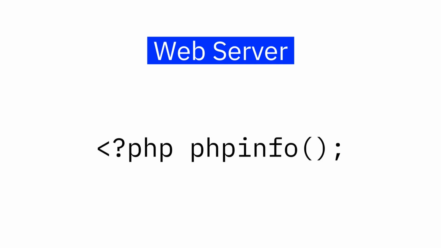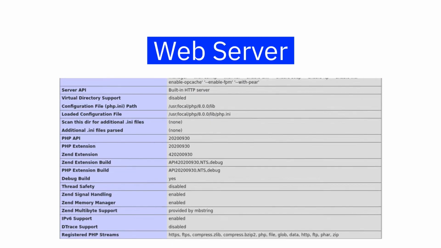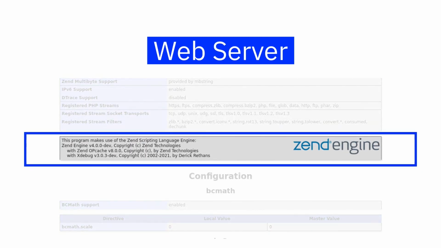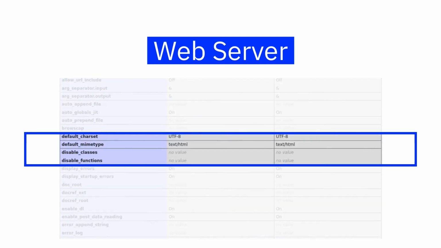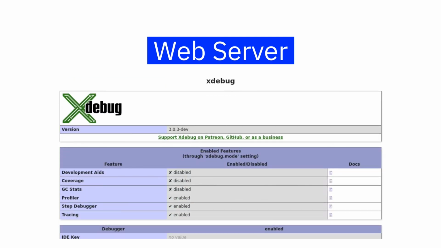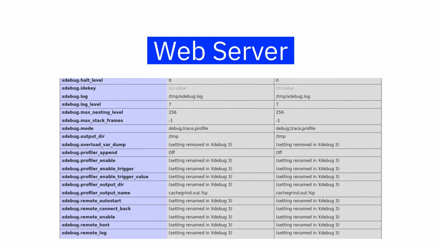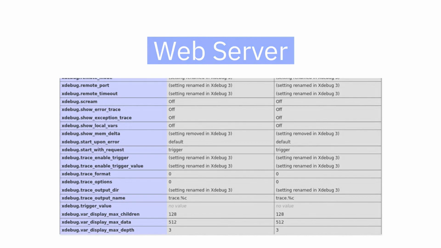To check whether Xdebug has been loaded with PHP in your web server, you can create a small script in your document root with the following contents. When requested through your browser, this will show information about PHP. The output includes information about loaded Zend extensions, including Xdebug, right next to the Zend engine logo in the first section of the output. Further down the page there is also an Xdebug section containing primary information about Xdebug, its modes, and also its configuration setting values.